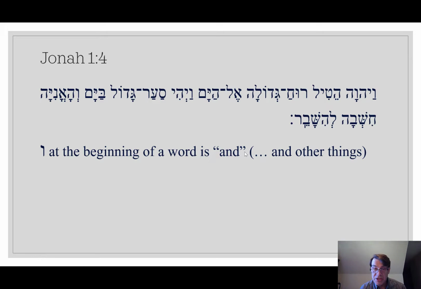Now, that's a little bit of a simplification because sometimes it's going to be better to translate it as but. It can even be then. Don't be rigid because it's not one-to-one with English, okay? We got to flex a little bit. We got to learn to be flexible, a little gummy in us. So actually when vav is on a noun like this, Yahweh, it might almost be but Yahweh, a contrastive kind of situation. But I'm getting ahead of myself. What you want to know after this video is that vav at the beginning of a word almost without exception means and, okay? So vav, and.